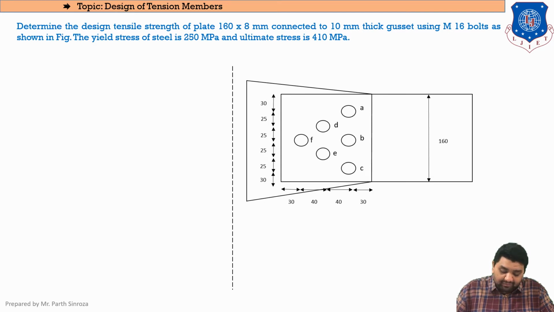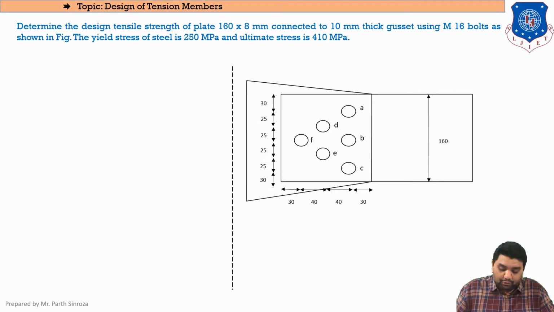As you can see here, in total there are 6 bolts, and they are placed in a zigzag manner. The namings are prescribed from A to F. This horizontal distance is the edge distance, the end distance, and the center one is the pitch distance, that is P. E and P are already given in our question, and this vertical distance is our gauge distance. Here we will always consider the gauge distance to be the center to center distance between our bolts. So for this sum, our gauge distance will be 25. That is our center to center distance between bolts.